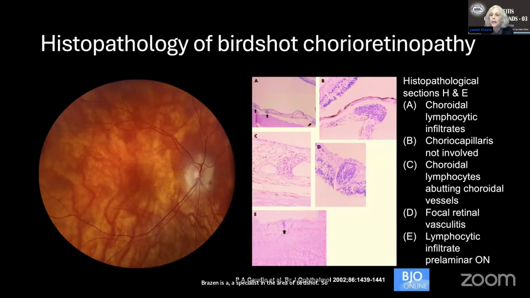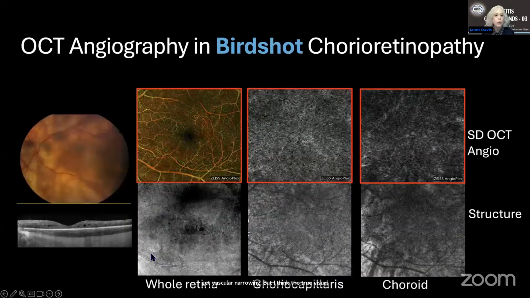So there's one case of histopathology. It gets shown a lot. And we know that there's choroidal, retinal, and perioptic disease. Nobody knows which is the most important. I think there are some differences in terms of what is important for the outcome of the patient. I think this is a choroidal disease, and I always refer to it as chorioretinopathy. I think the retinal vasculitis is important because you get vascular narrowing, but I think the true visual prognosis comes if the choroidal disease is not controlled.